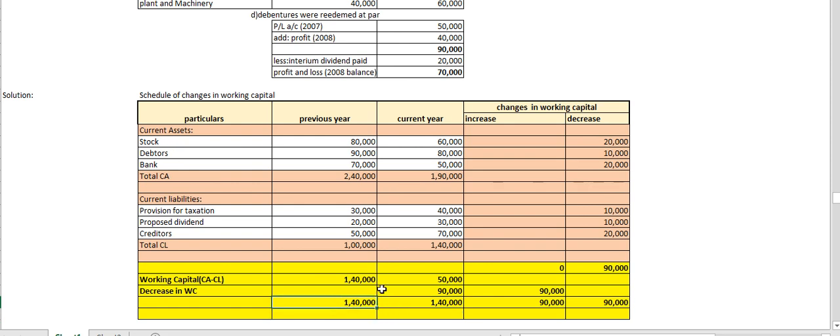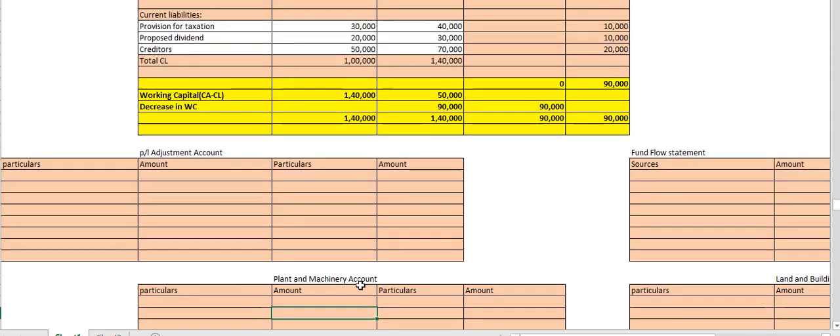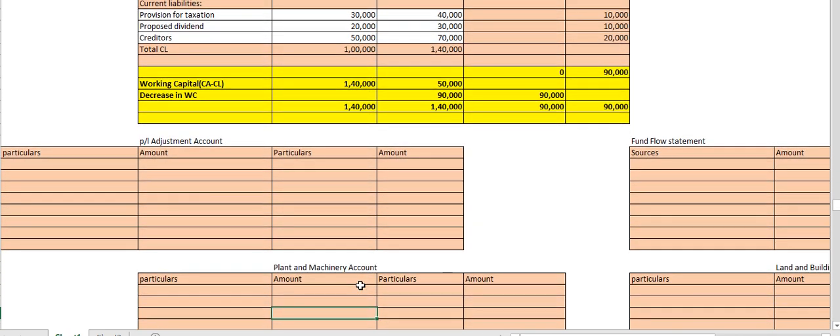So this 90,000 is nothing but the decrease in working capital, which will also be shown in your changes in working capital. So the previous year and the current year total will balance, and in the changes in working capital, the increase amount and the decrease amount total will balance. So moving on to the next part of the question,